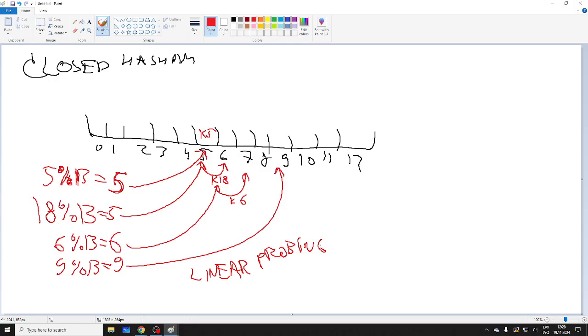Because what's the worst case scenario? How do you get the worst case scenario? If your hash function is fixed and always gives zero, right? A fixed, bad hash function gives linear performance.